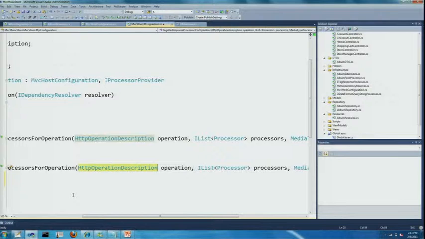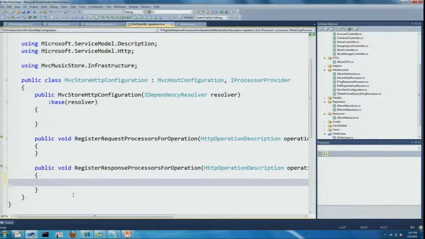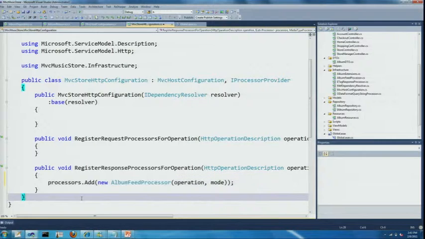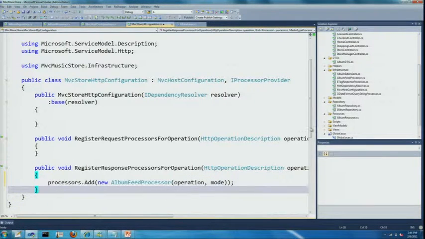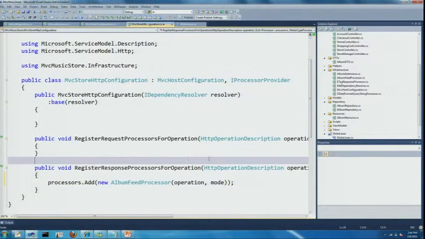But if you want to do some conditional code, you can, because you have the operation. You can get to the name of the operation, the parameters, the URI template, etc. So I'm going to say processors.Add, and I'm going to add in an album feed processor, which is going to provide for me an OData feed. Okay, that's all I'm going to do, and I'm going to run this.